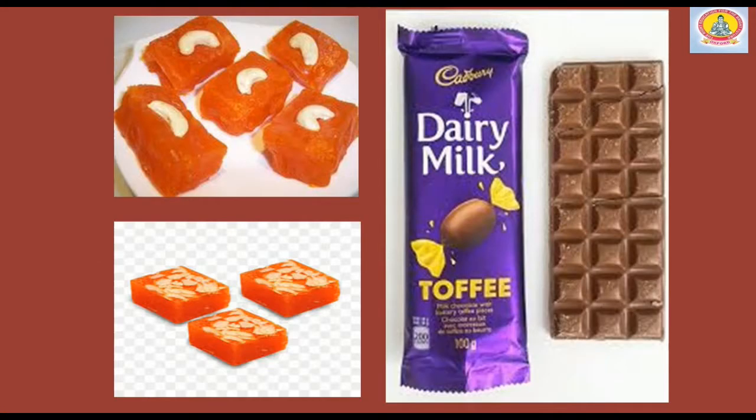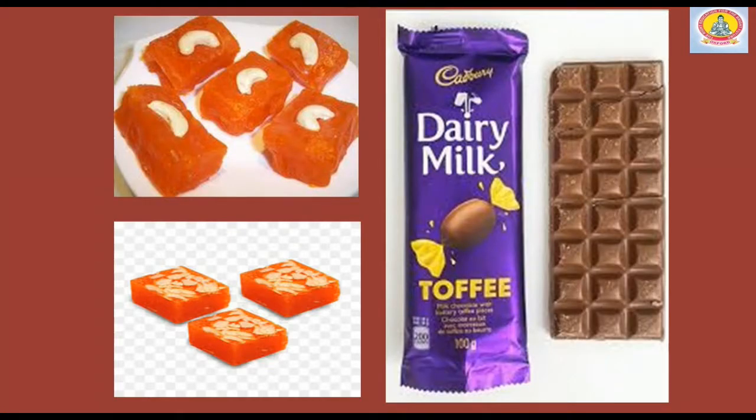So this is one part, and the single square is the other part. This is how it is divided. The 3 green colored parts are called 3 by 4th of this square, and the yellow colored part is 1 by 4th